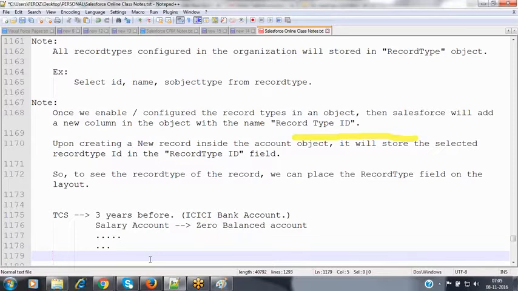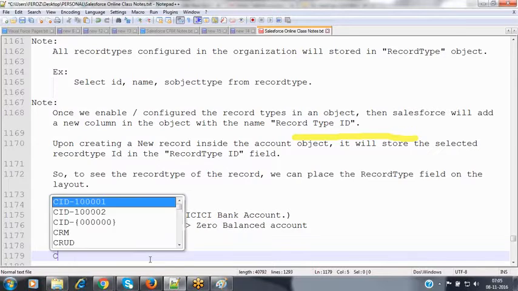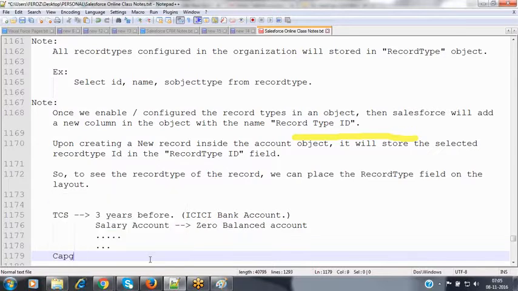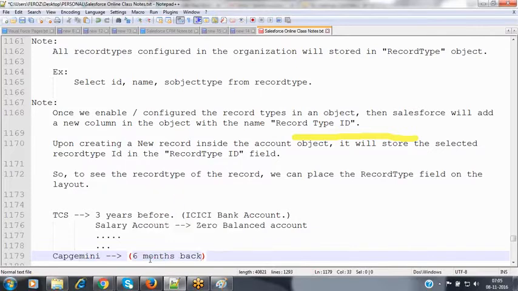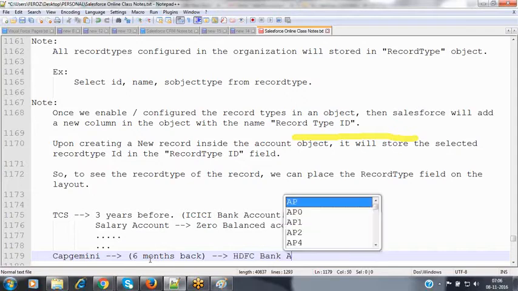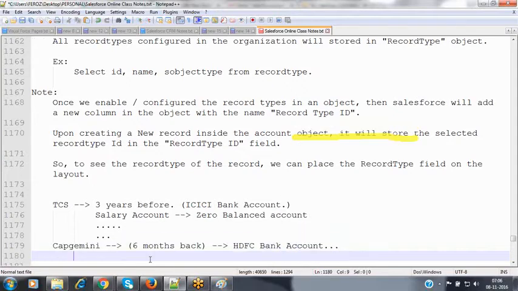6 months back, I got an opportunity in Capgemini, and now I have joined Capgemini. In Capgemini, all the employees have an HDFC bank account.